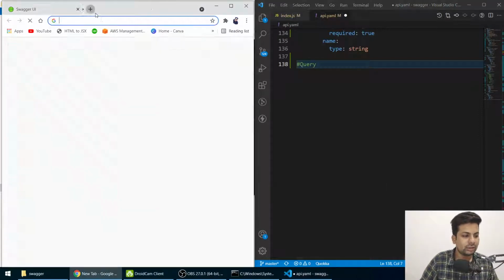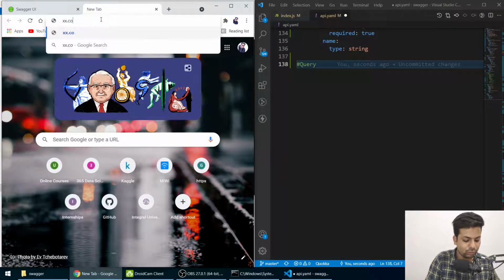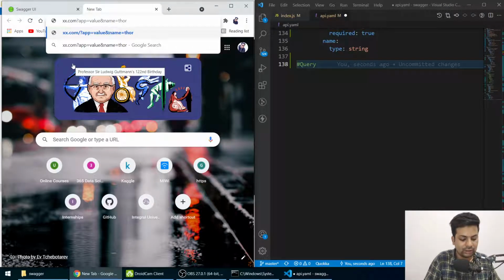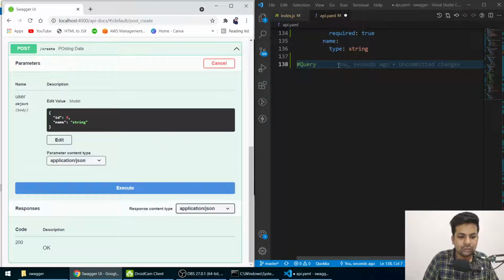Query is like this: suppose xx.com, and then you have a question mark, and we will say app equals some value, then you have and name equals Thor. So you know that is a query. After the slash there's a question mark and there's a variable and its value, then there's another variable and its value, okay. So now we are going to work with query.